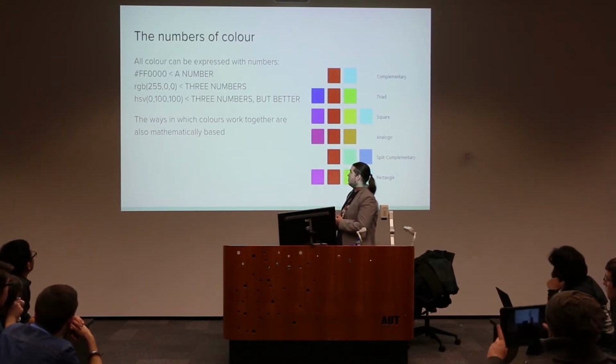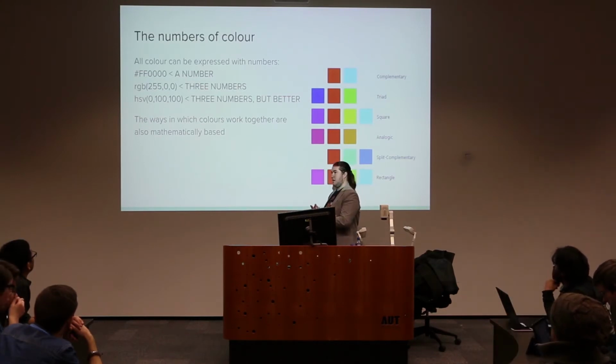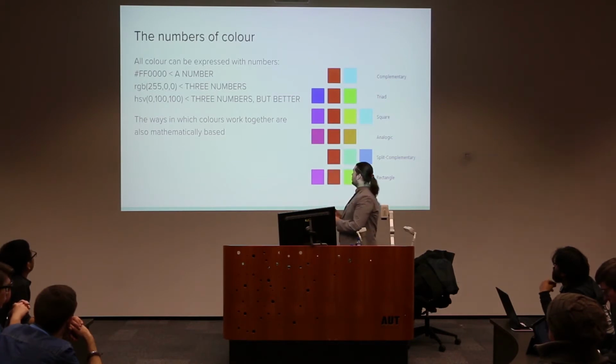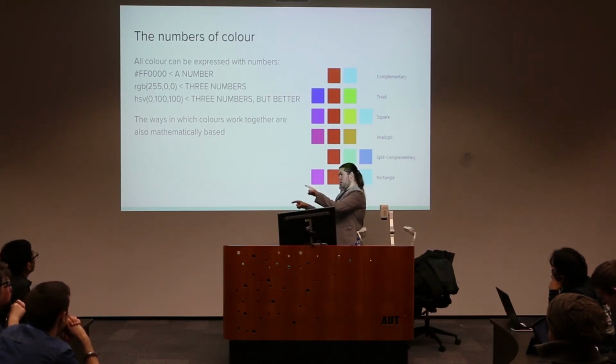It's not common in web, it's not common in games as much, but it means you have a hue, a saturation, and a brightness value. Which means if you need to rotate the hue, you can just tweak that one number and you get the same brightness but a different hue,